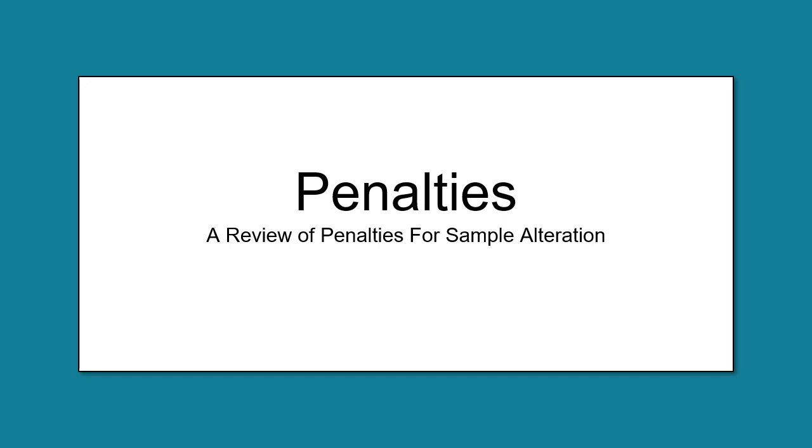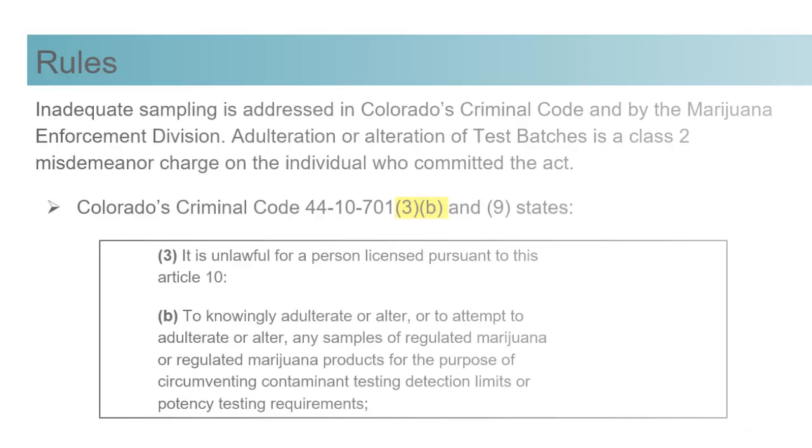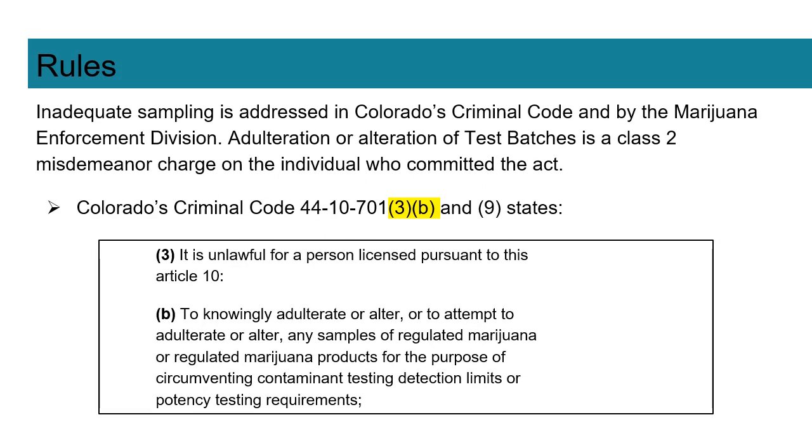Penalties. A review of penalties for sample alteration. Rules. Inadequate sampling is addressed in Colorado's Criminal Code and by the Marijuana Enforcement Division. Adulteration or alteration of test batches is a Class 2 misdemeanor charge on the individual who committed the act. Colorado's Criminal Code